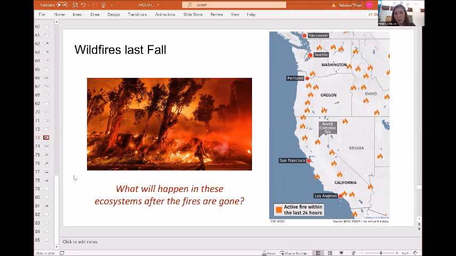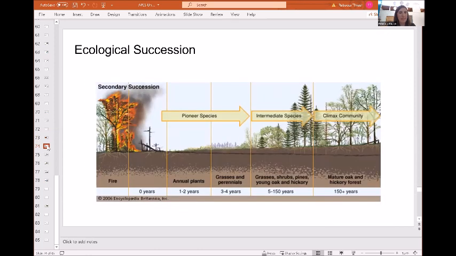So one thing that you will need to look over for Unit 2 is what happens to ecosystems when the disruption stops. Two things you've got to know about that. That's ecological succession. There will probably be a diagram or an example of ecological succession on the test. Typically, they're asking you questions about what types of species come in first? What are the